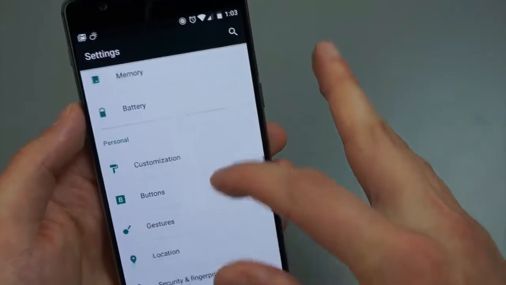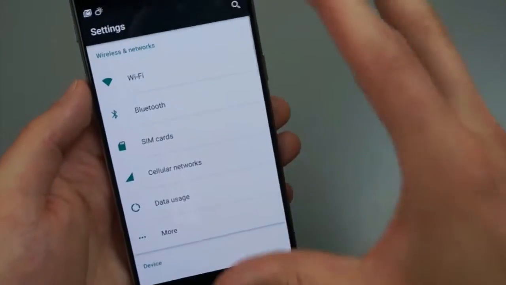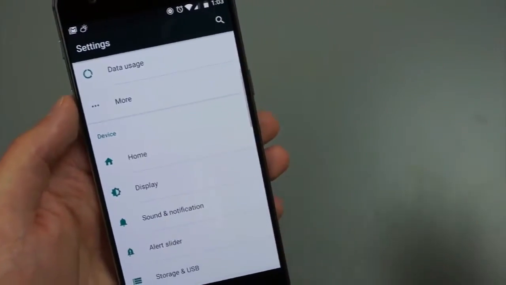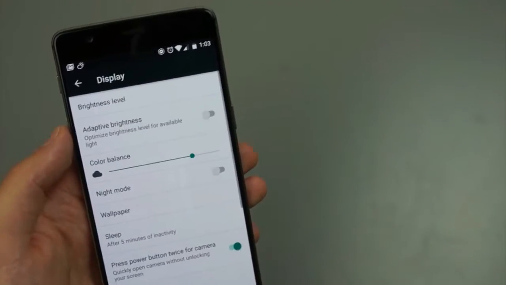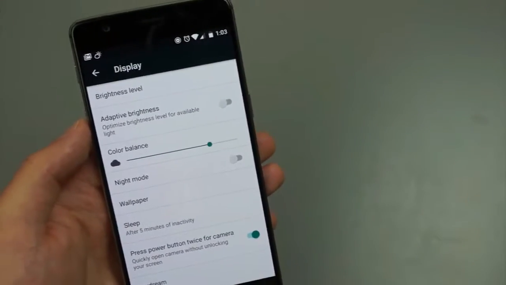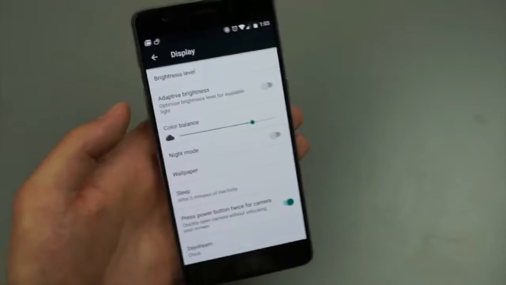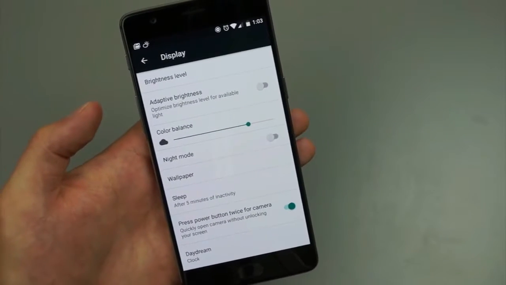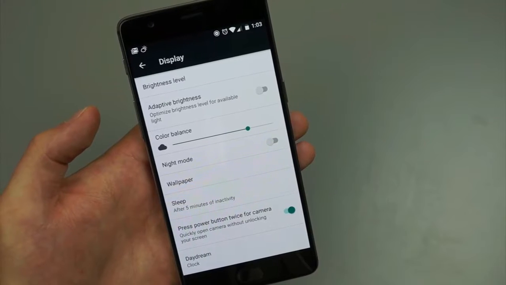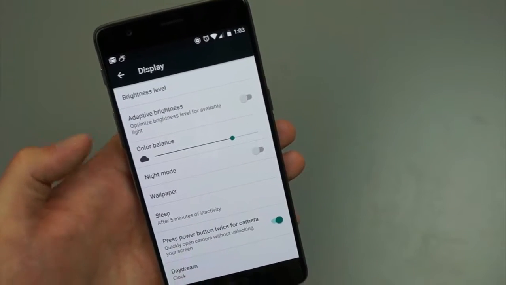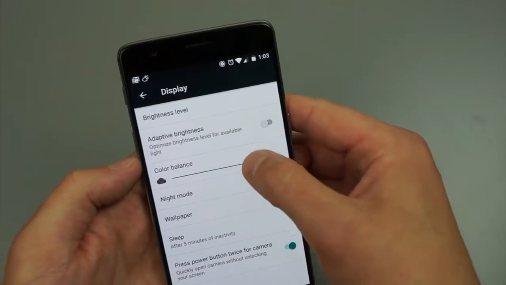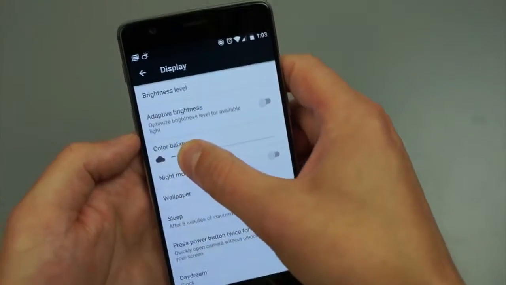Back into the settings menu. So here's your standard settings menu. Looks just like what you get on stock Android. In the display settings, you can actually change up the color balance. Now again, like I mentioned, this is before the pre-sRGB update, which is coming, which will change a few of the settings menus, but it's not going to be too crazy. You can mess with your color balance if you want to get a more blue or a more